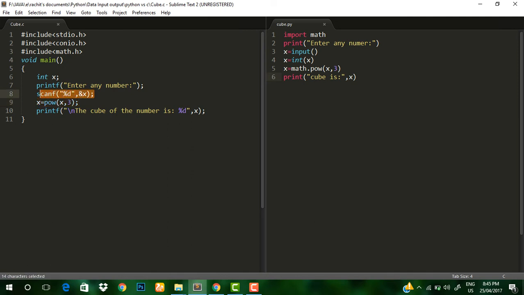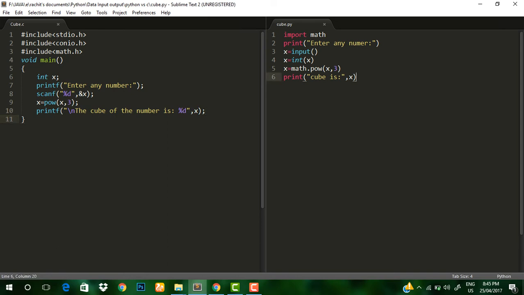The user inputs any number, and this statement will return the cube of that number and print it by the printf function. Here %d is used to print the integer value,